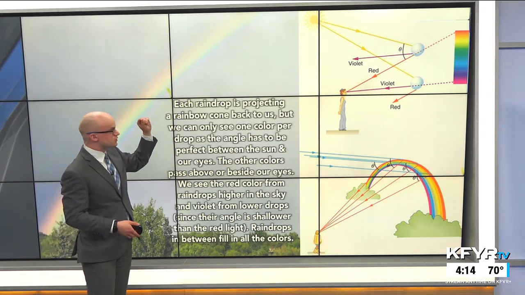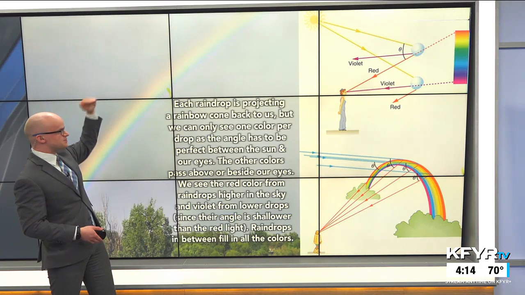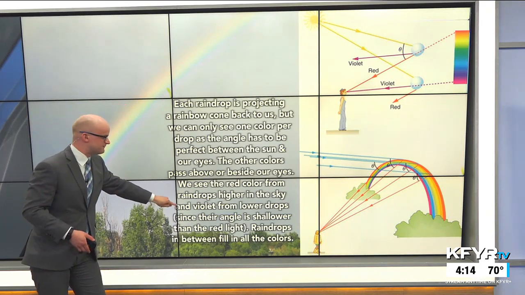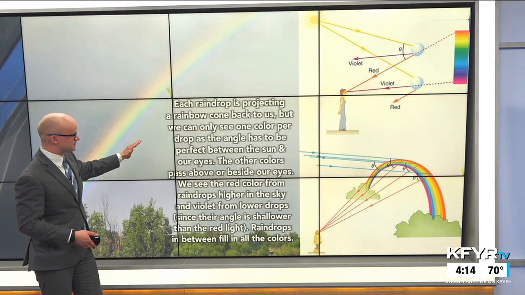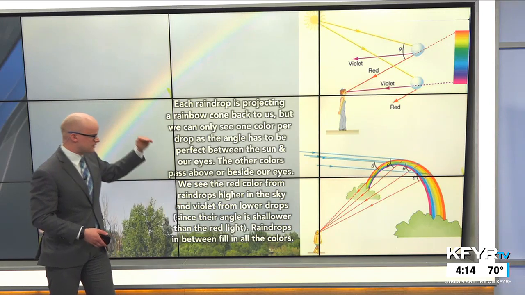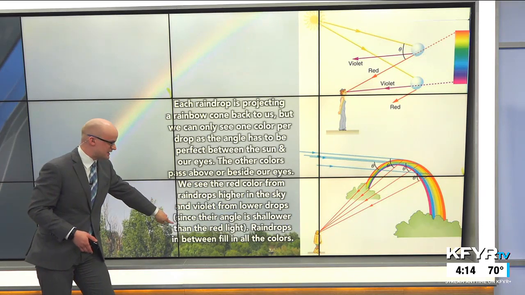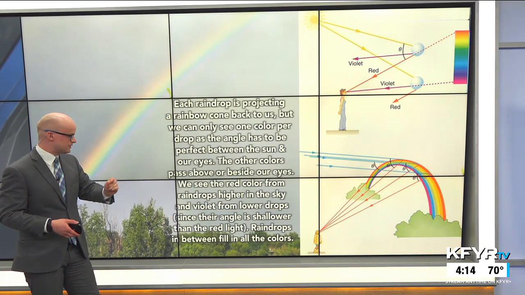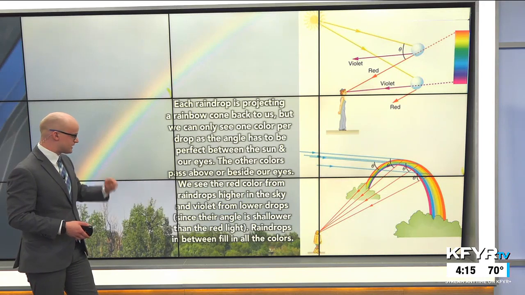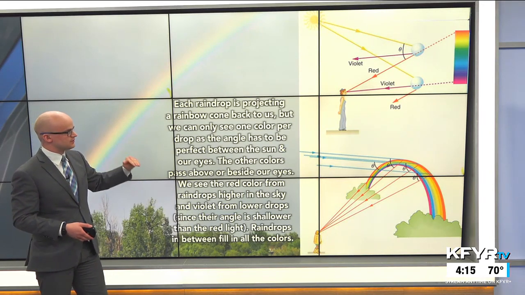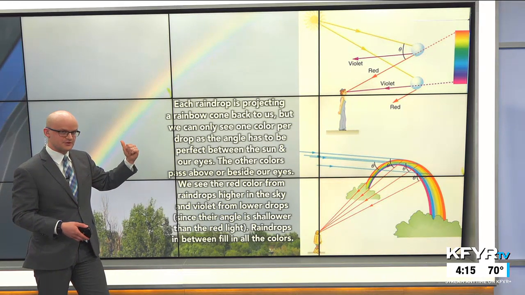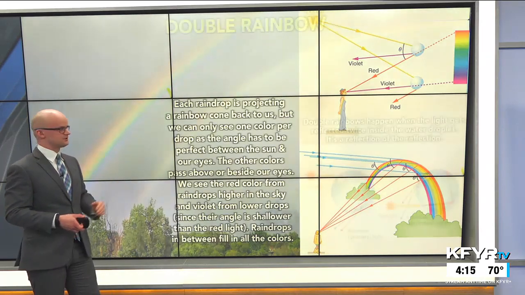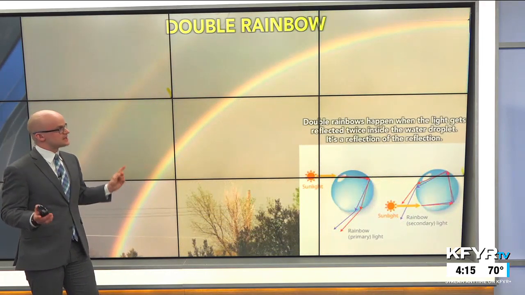So we see the red color first from raindrops higher up in the sky, and then the violet colors, which are on the bottom of the rainbow, from raindrops that are lower in the sky, since their angle of reflection is shallower than the red light. So raindrops in between the red and the violet raindrops that are scattering that light back fill in the other colors of our rainbow. Finally, double rainbows